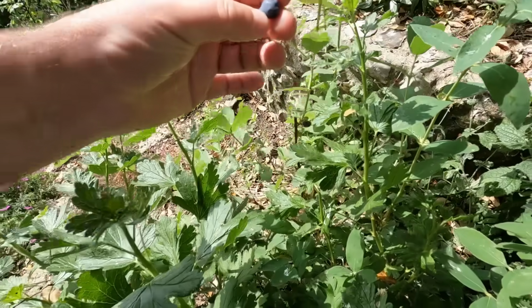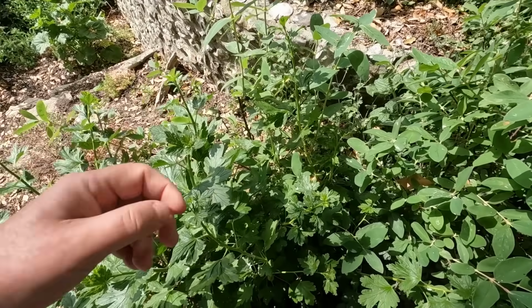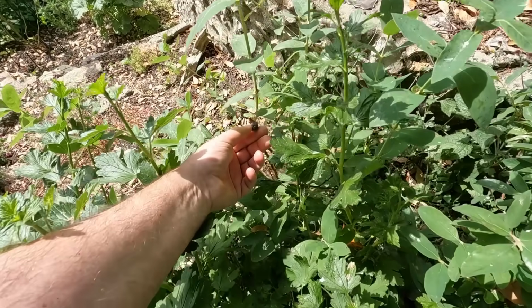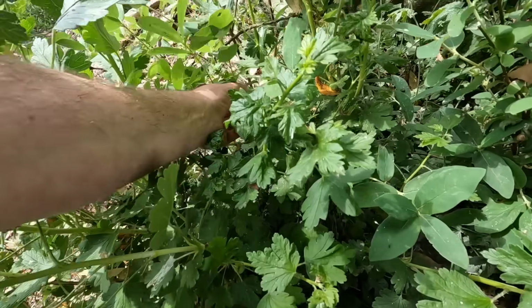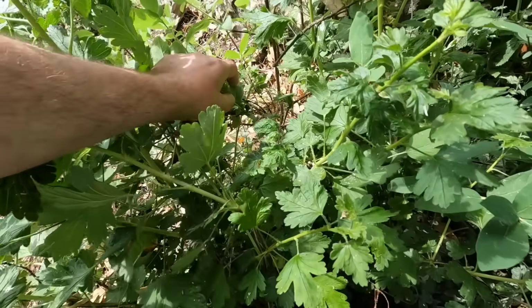These are 2 different varieties, by the way. I've planted them next to each other because that's necessary for pollination. That one looks like it's a bit damaged actually. I think we'll just leave that on the plant. The birds can have that one. But yeah, there's a few berries down here. Anyway, I'm going to pick these over